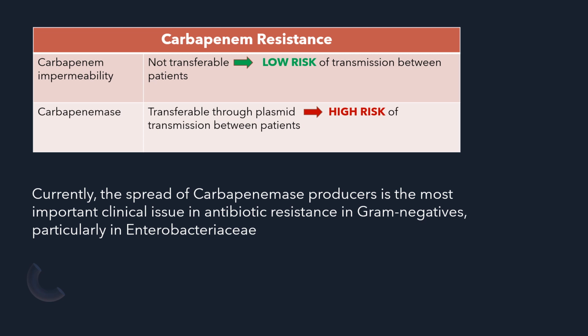So, carbapenem resistance may be due to impermeability to carbapenems or to production of carbapenemases. If because of impermeability, the resistance is not transferable and there is a low risk of transmission. However, because of the production of carbapenemases, there is a high risk of transmission because it gets transferred by plasmid. Currently, the spread of carbapenemase producers is the most important clinical issue in antibiotic resistance among gram-negative bacteria, particularly in